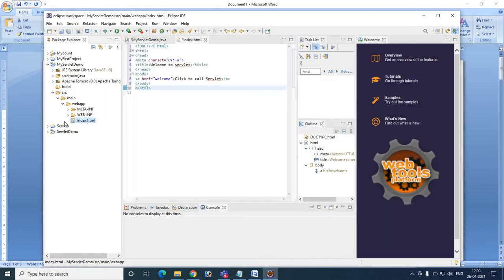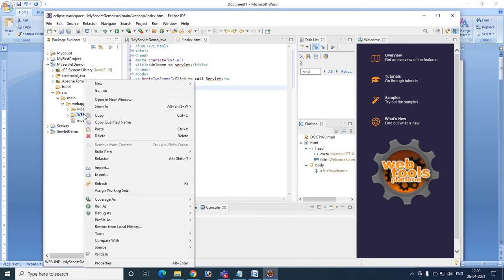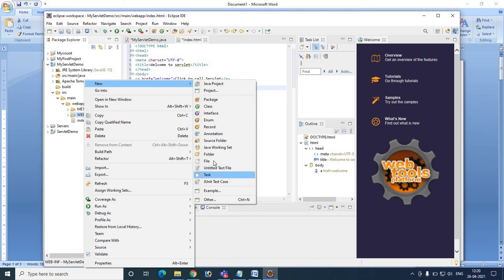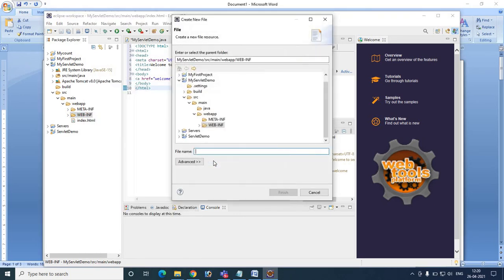The XML file can be created by right clicking the web.inf folder. Right click the web.inf and get into new, again file. Let us give the file name as web.xml.